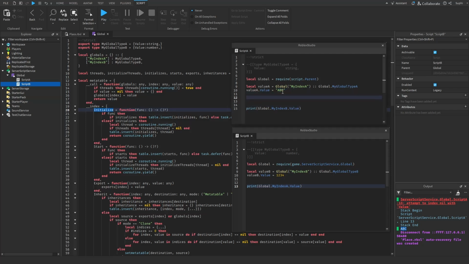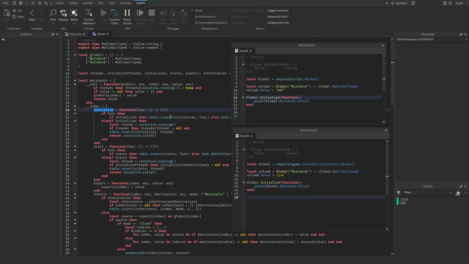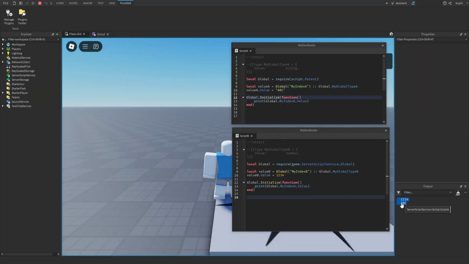One way is to say global dot initialize, and we can pass in a function into this function, and we can place this inside of this function. So this function is going to get called once all the other scripts have finished running. And we could do the same on the other side. So I can copy this over here and then replace this with this. So once all the scripts have initialized, it's going to call this function and print the value. So if we now play the game again, now we can see that we're able to print the values correctly